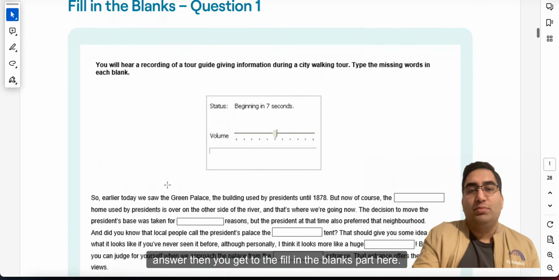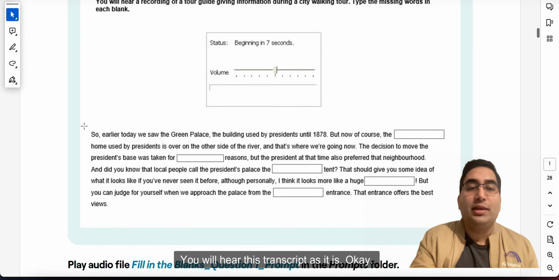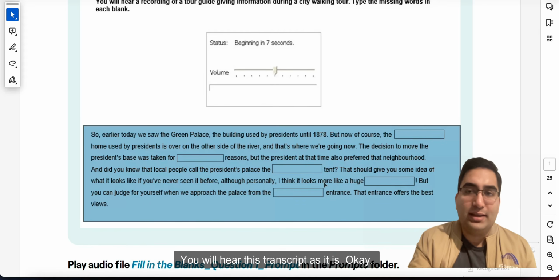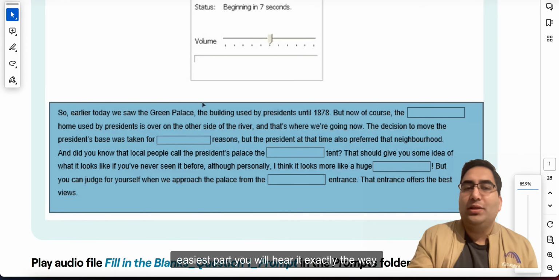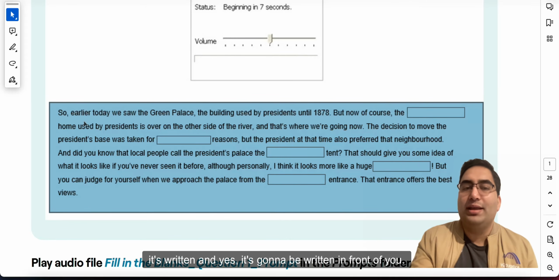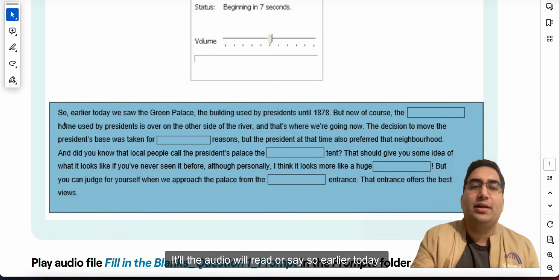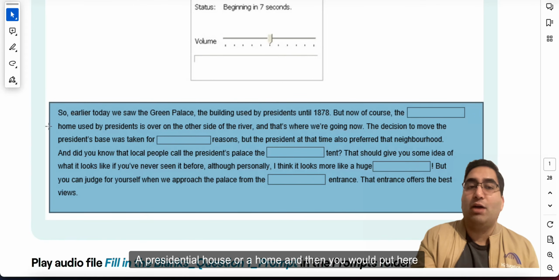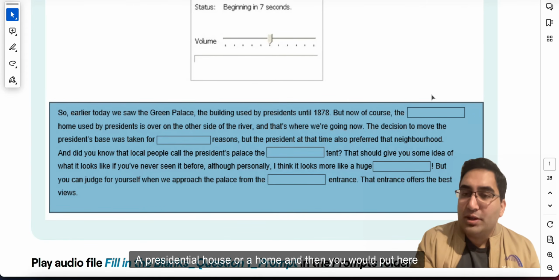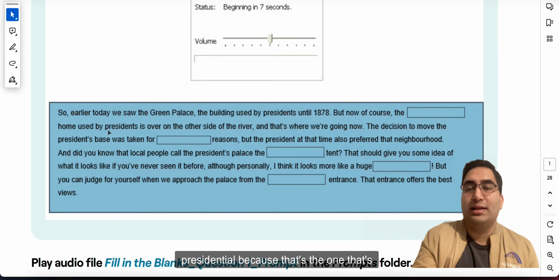Then you get to the fill in the blanks part. Here you will hear this transcript as it is. Okay, so this should be probably the easiest part. You will hear it exactly the way it's written, and yes, it's going to be written in front of you. The audio will read or say, so earlier today we saw the Green Palace, the building used by presidents until 1878, but now of course the presidential house or home. And then you would put here presidential, because that's the one that's missing, and then you